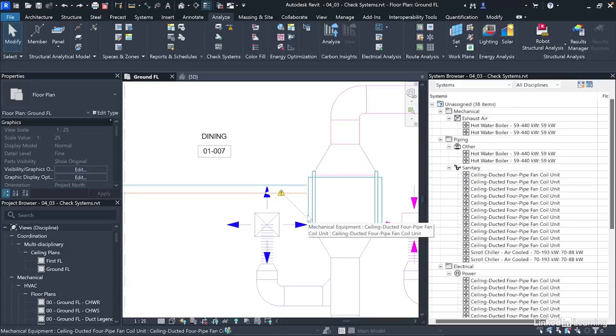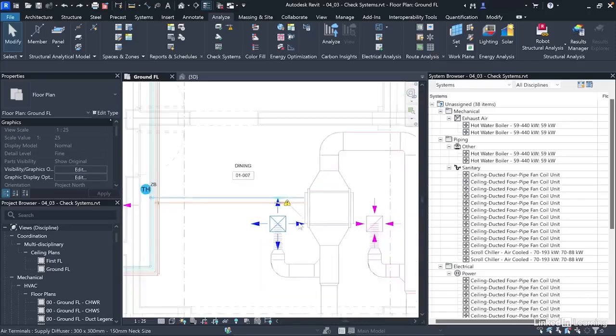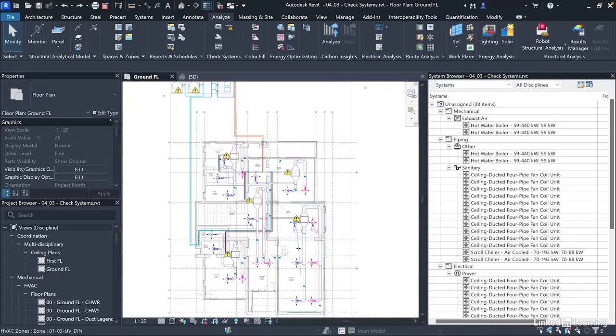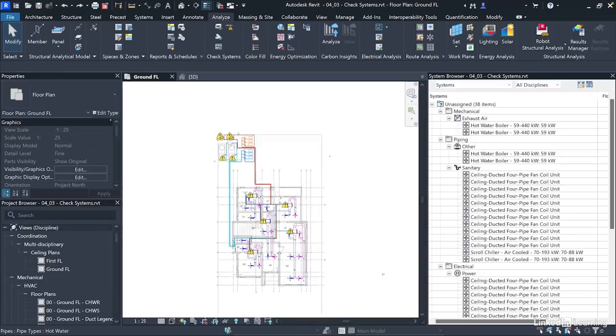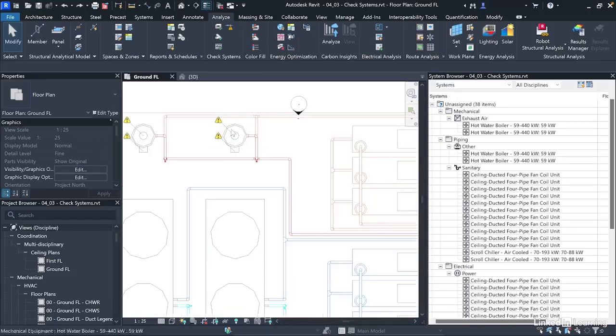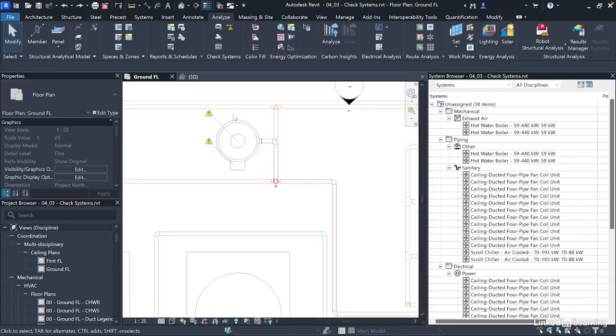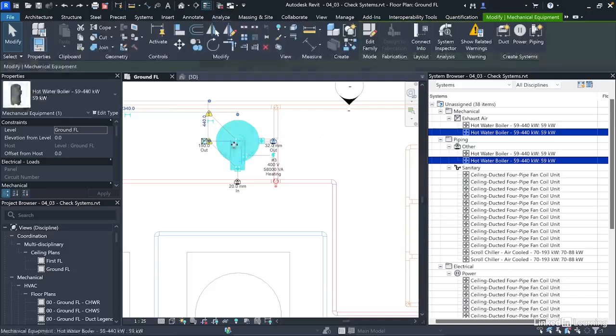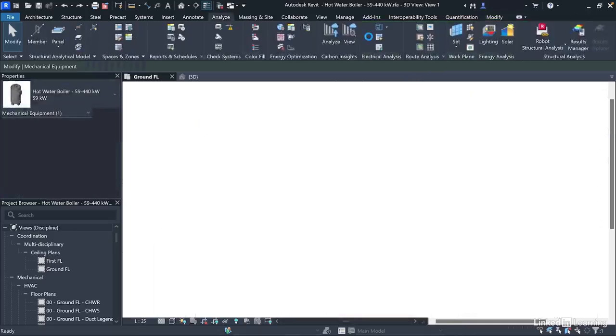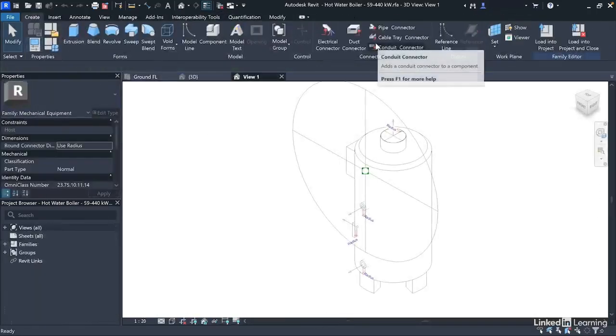So that's one option. The second option you have is that you can open the family and remove the unused connectors, because you won't always use all the connectors in your project's HVAC components. So for example, we have this boiler equipment here. When you look at this, it's flagging two unused connectors, one for the exhaust air and one for another type of pipe, probably a condensate pipe. So I can open this family knowing that I'm not going to use those pipes in this project. I can just edit the family and delete the pipes just to reduce the warnings in my project.